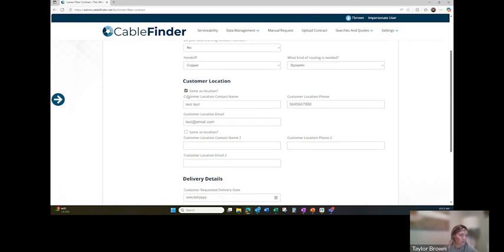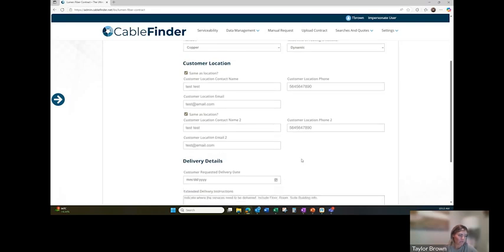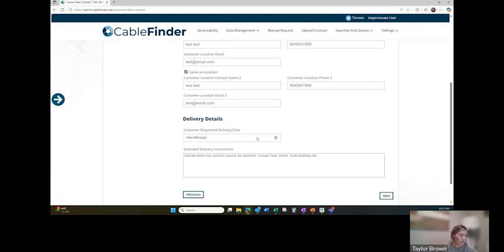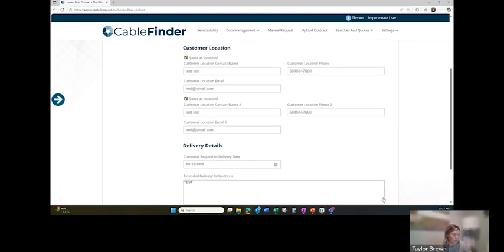customer information. We do have these radio buttons as well. So if it is all the same, you can use those and it will just carry down that information for us, just to keep things simple. Any delivery instructions here. So you can select your requested delivery date, provide any order notes in your delivery instructions